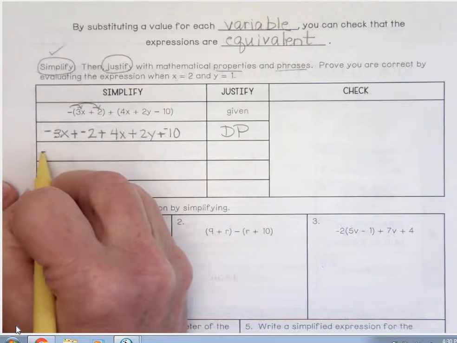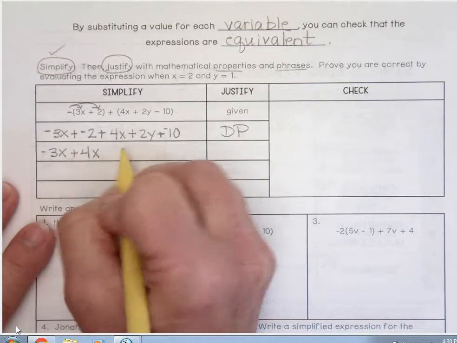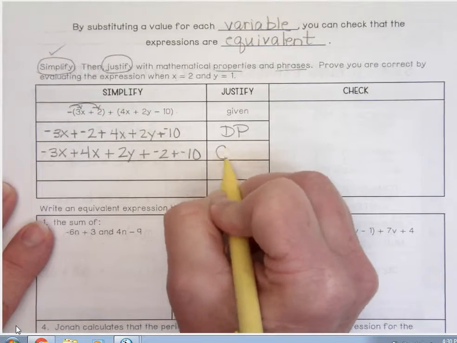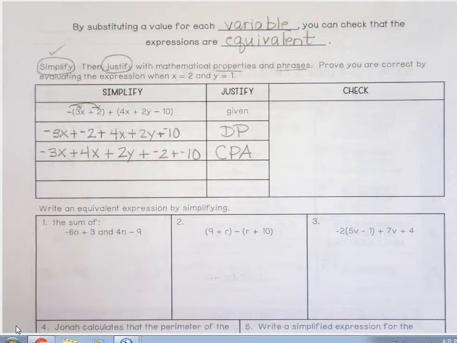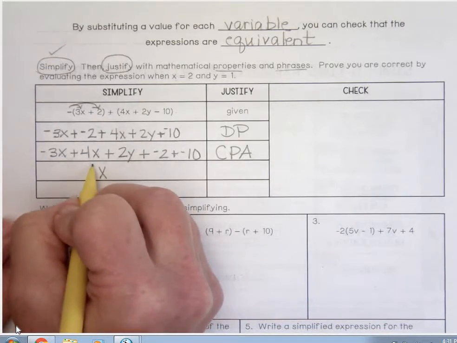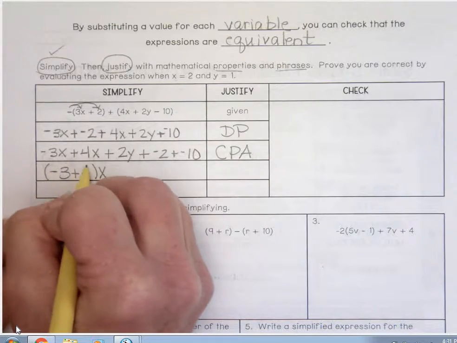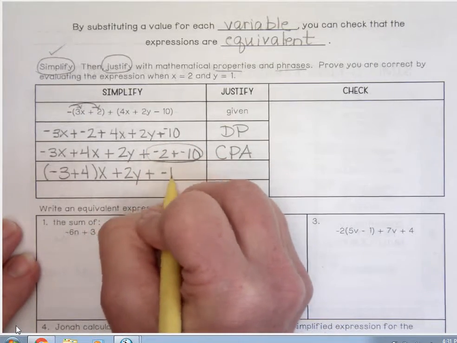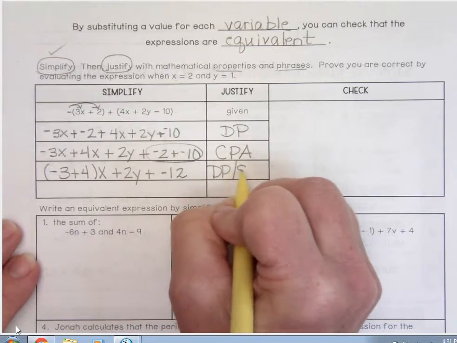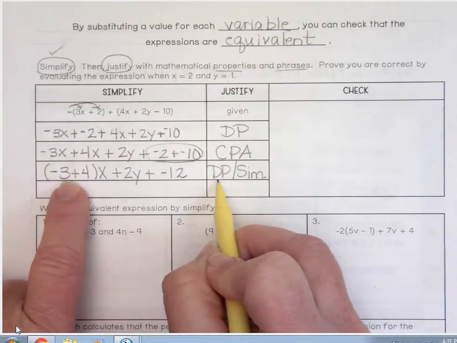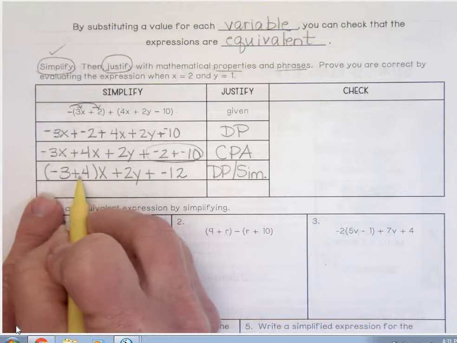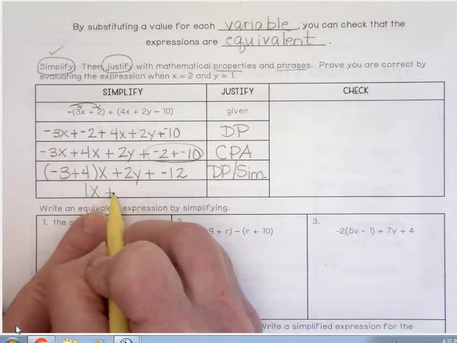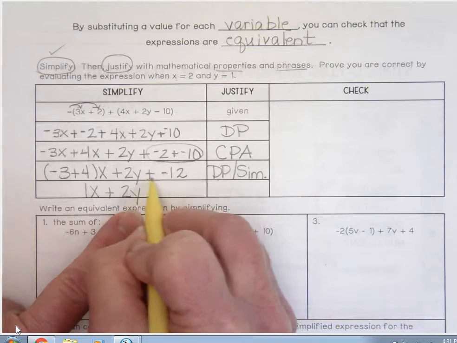Our next step is then to change the order of the terms so that you can combine your like terms. That's your commutative property of addition. To combine your like terms that contain a common factor as a variable, we use the distributive property. Carry down the 2y. I can go ahead and add these. Distributive property, simplify. When I add negative 3 and positive 4, I'm going to get 1. Eliminating the double sign,